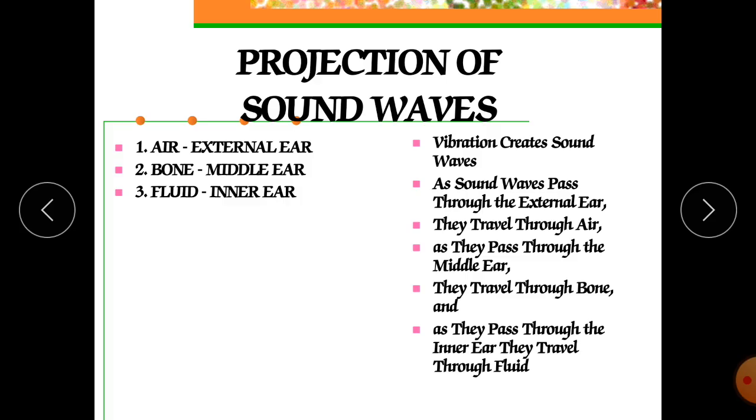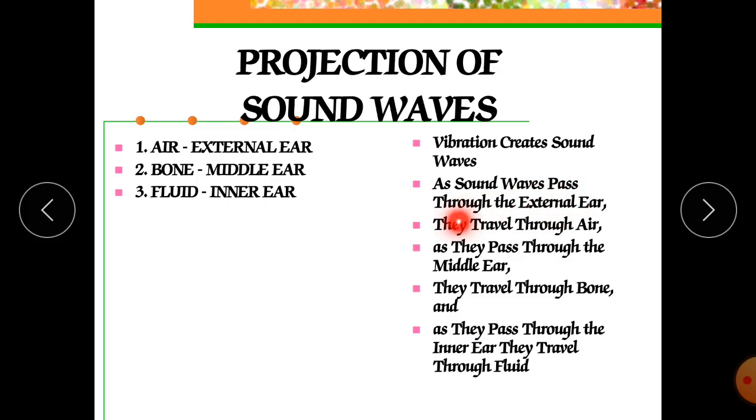Now in the first step, whatever sound waves are exposed to our ears strike on our ear. The auricle directs sound waves into the external auditory canal. In the second step, when the sound waves strike the tympanic membrane, the alternating waves of high and low pressure in the air cause the tympanic membrane to vibrate back and forth.